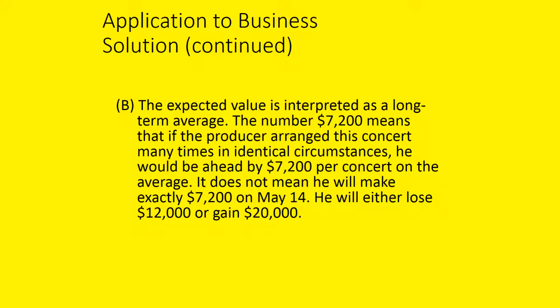Which is the expected value. It's interpreted as a long-range, long-term average. What's going to happen in the long run? The number $7,200 means that if the producer arranged this concert many times in identical circumstances, he would be ahead by $7,200 per concert on the average. It does not mean that he will make exactly $7,200 on May 14th. In fact, we know that he won't. He will either lose $12,000 or gain